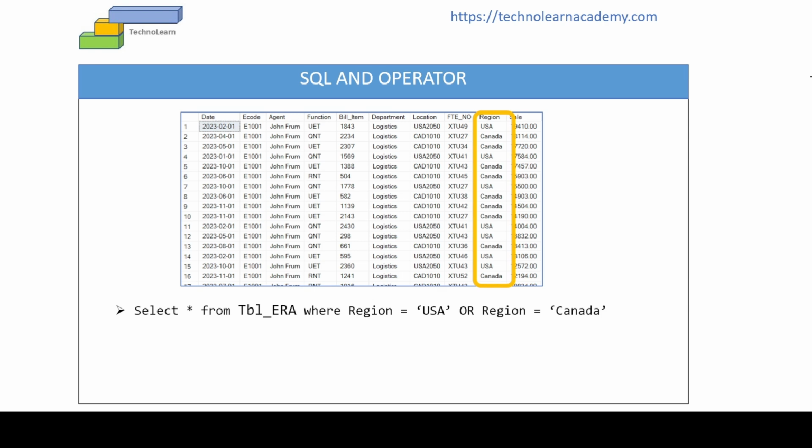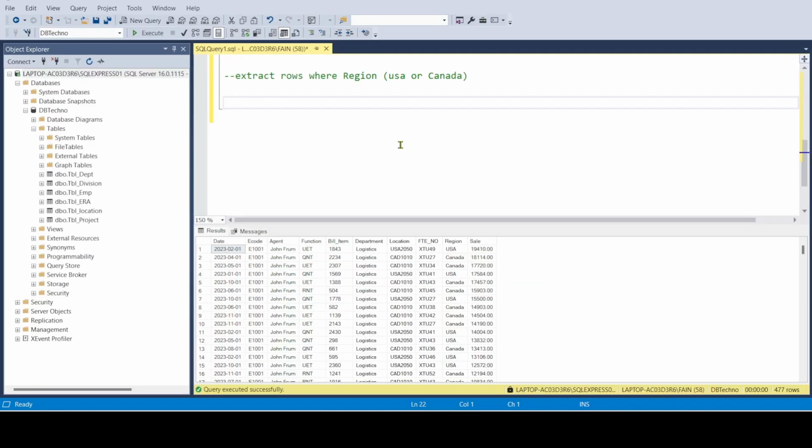Let's understand this with a practical example. Okay, so this time we are going to use the same column, but we have multiple values. So I want to extract the data where the region is USA or Canada. It could be USA, it could be Canada, or both. So I'll write down my statement, select asterisk from table name